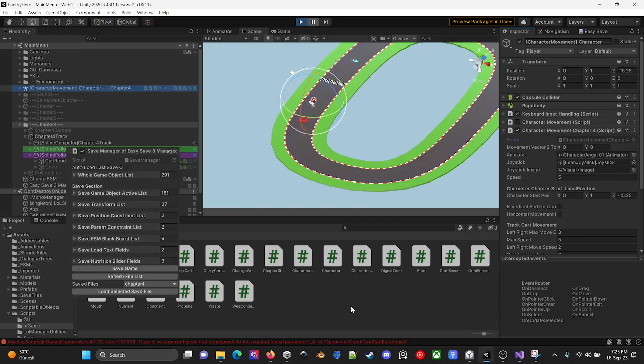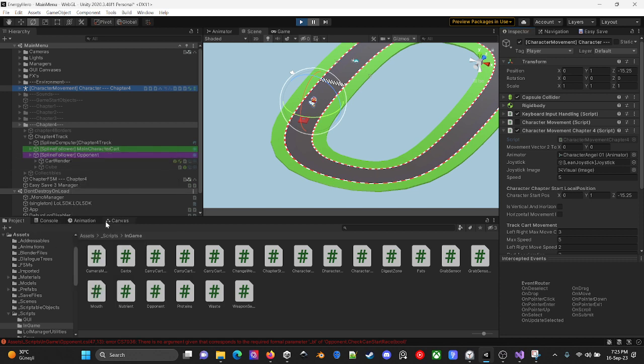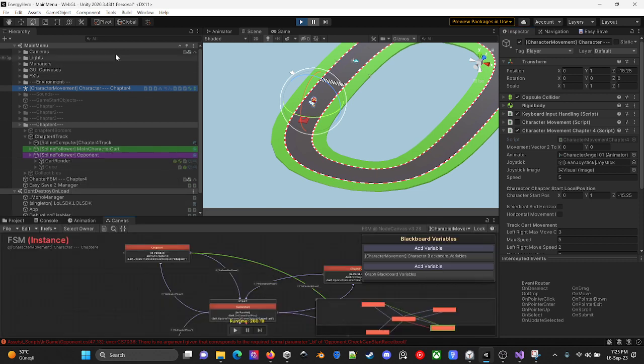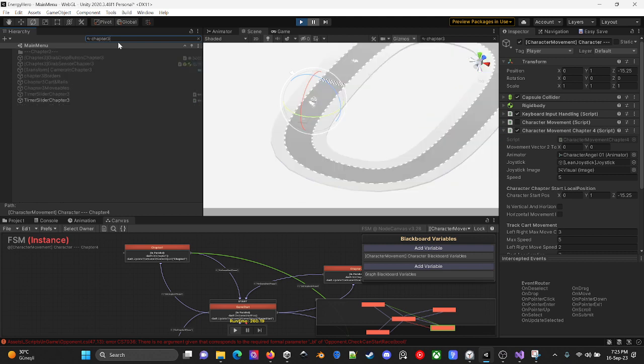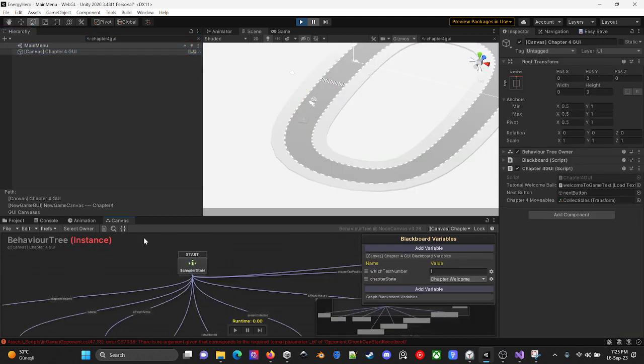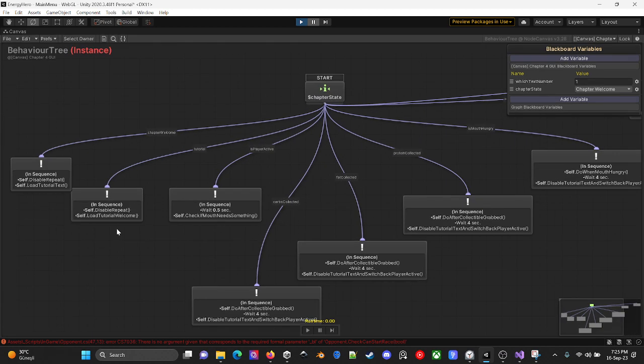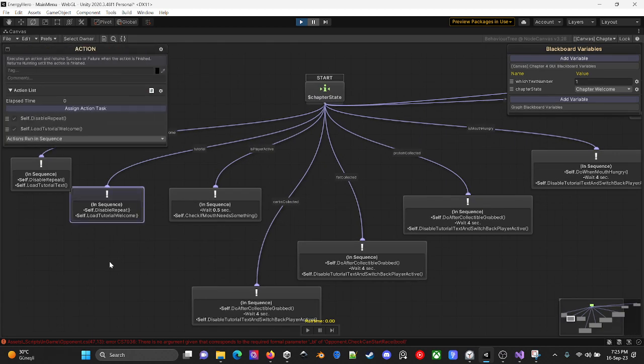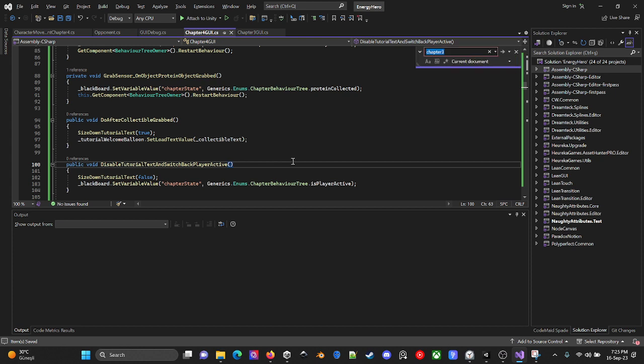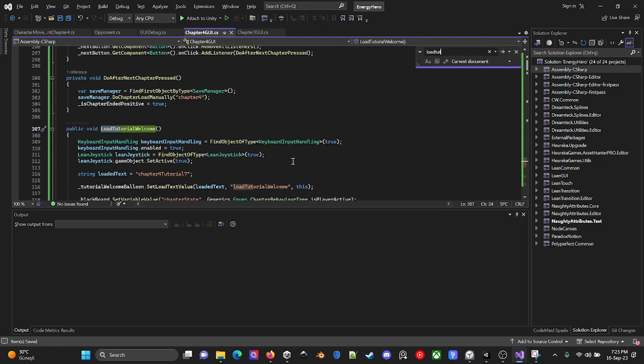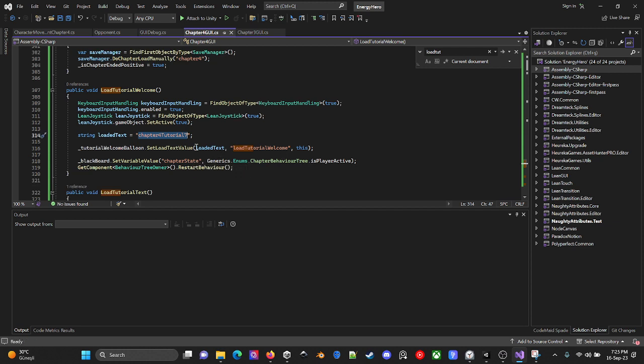In the behavior tree of chapter 4, chapter 4 GUI, yes, in here I have this load tutorial welcome section, and this is the last text this chapter loads, then the chapter starts